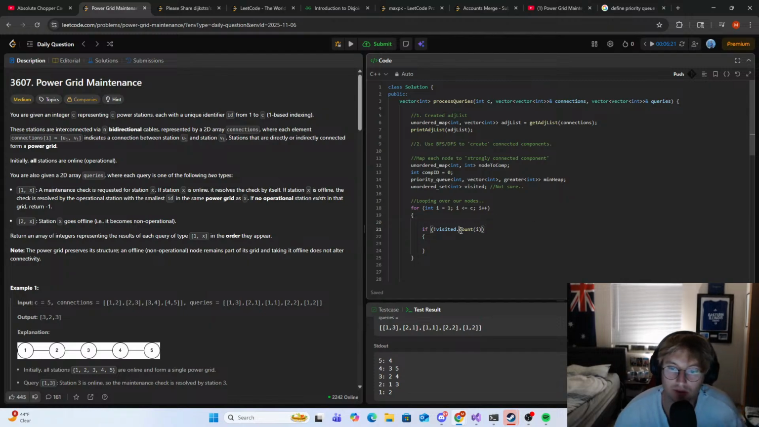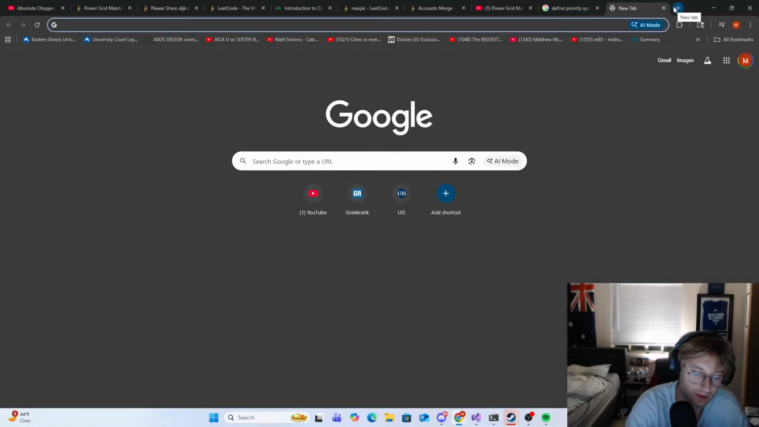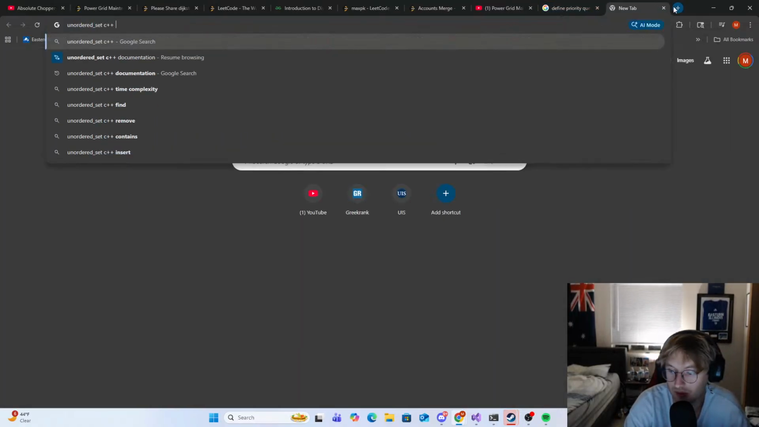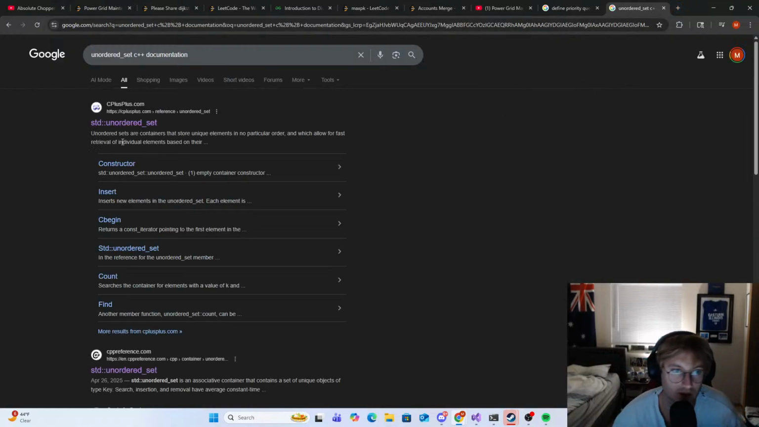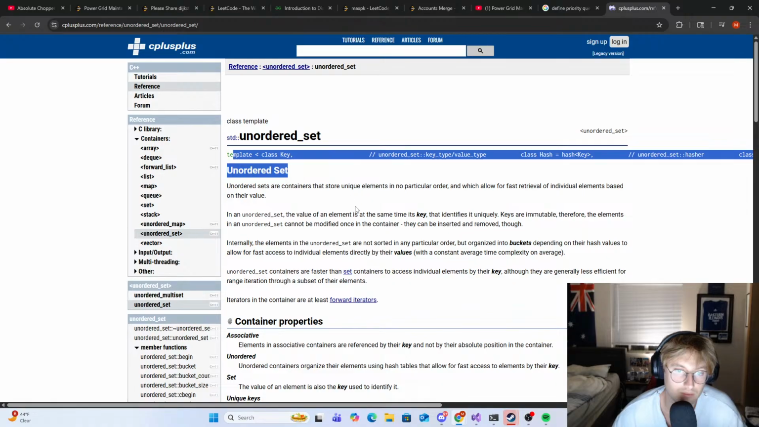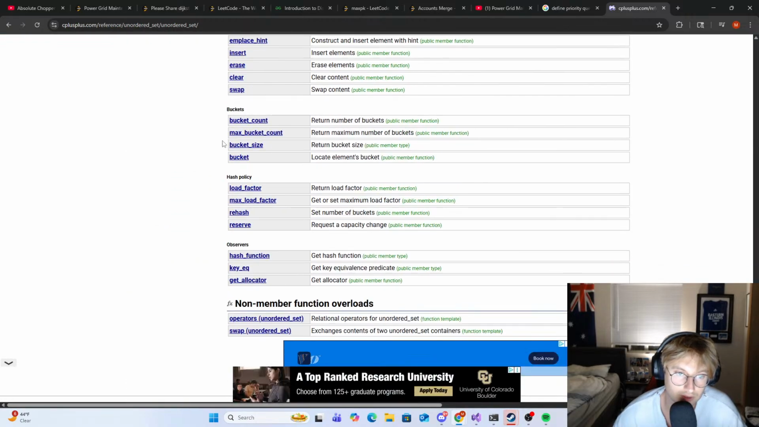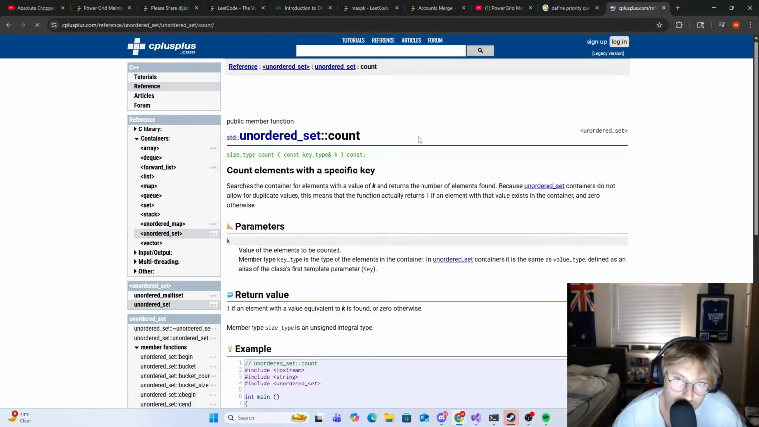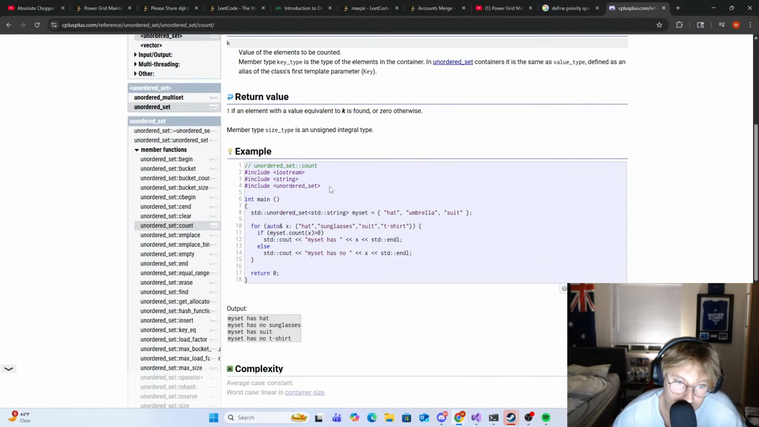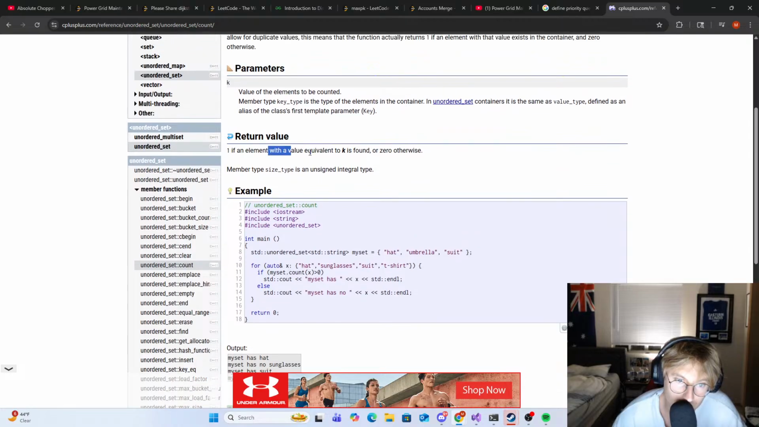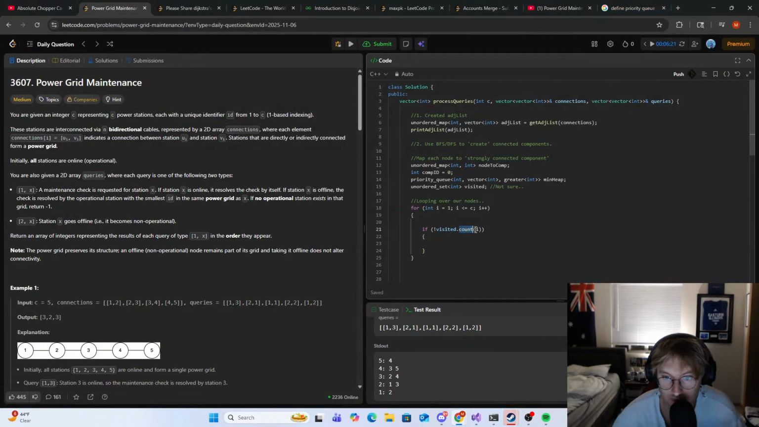I can't remember how to do this exactly, but let me check what it said. C++ documentation. It has a .count method. It returns one if an element with a value exists. Okay, so it returns either 0 or 1. So for visited.count, I guess if this is 0 in a way, then